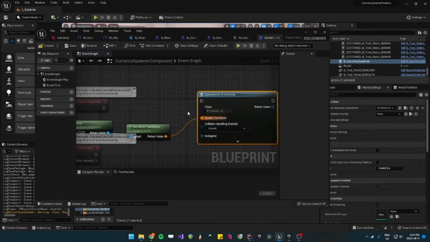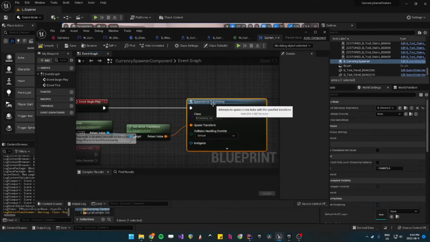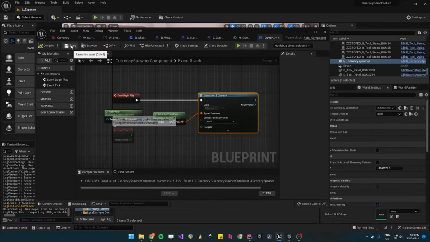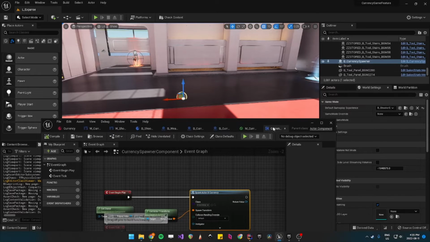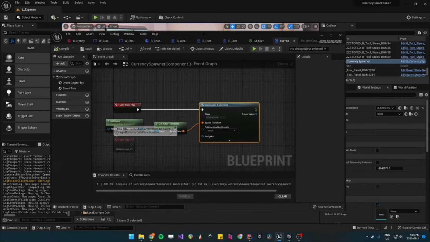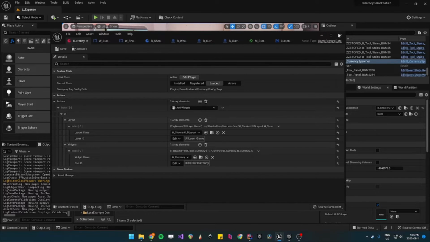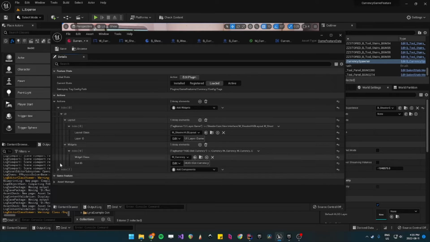Okay, so that's all this component will do. So now all we need to do is to tell our plugin to add this component to these spawners. So that's what we'll do. Let's go under currency, game feature data, and then let's add another action. So let's click this and then add components,